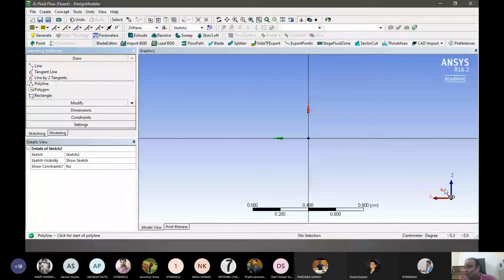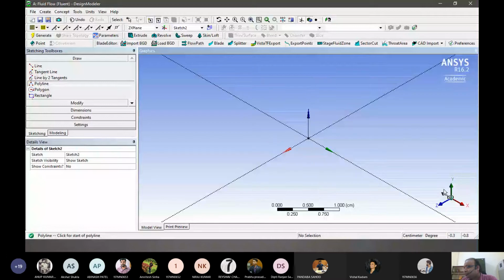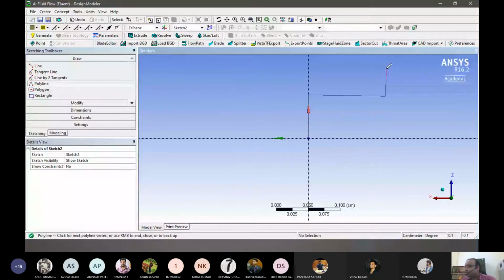Okay. So we make three perpendicular ways, because that's how the question says, and then we will redimension them.